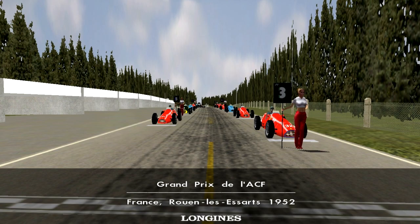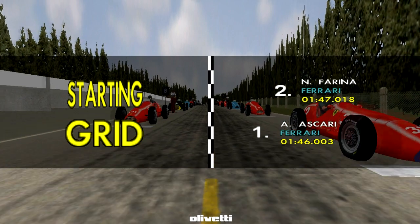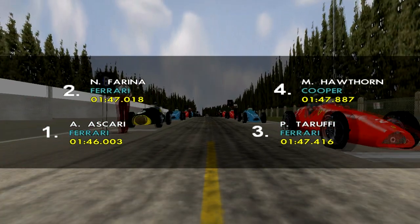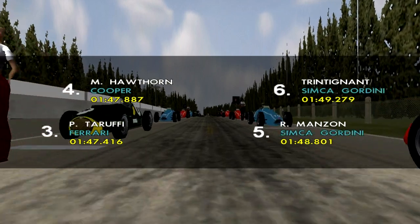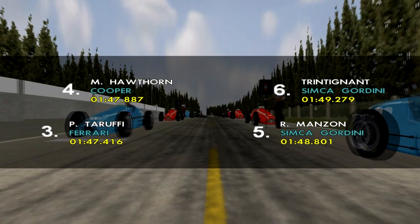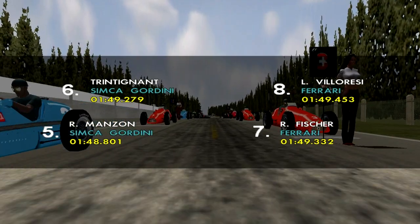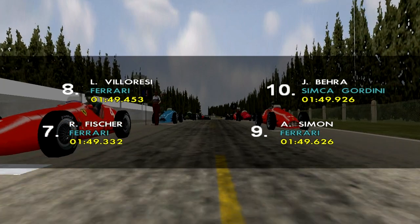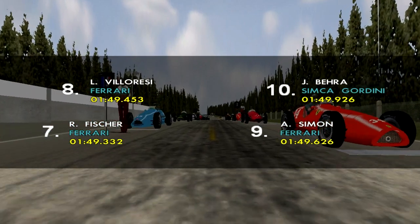And here we are for the grid walk. Quite unusual lineup here, but we have Ascari on pole, Farina second, Piero Taruffi is third, Mike Hawthorne is fourth, Robert Manzon fifth, Maurice Trintignant sixth, Rudy Fischer seventh, Villoresi eighth. Then we have André Simon on ninth, Jean Bera 10th,